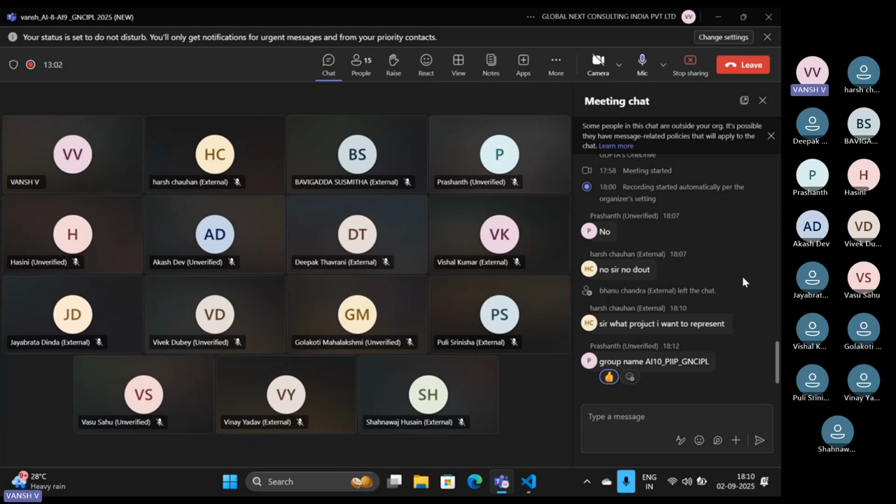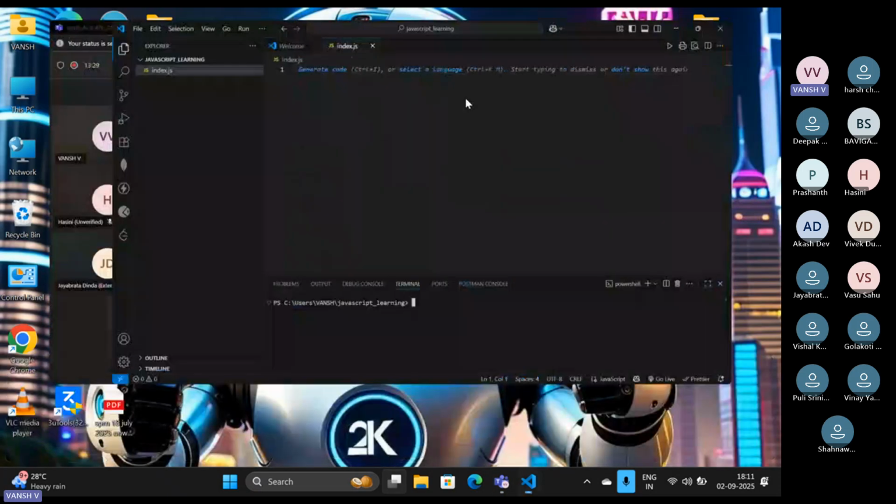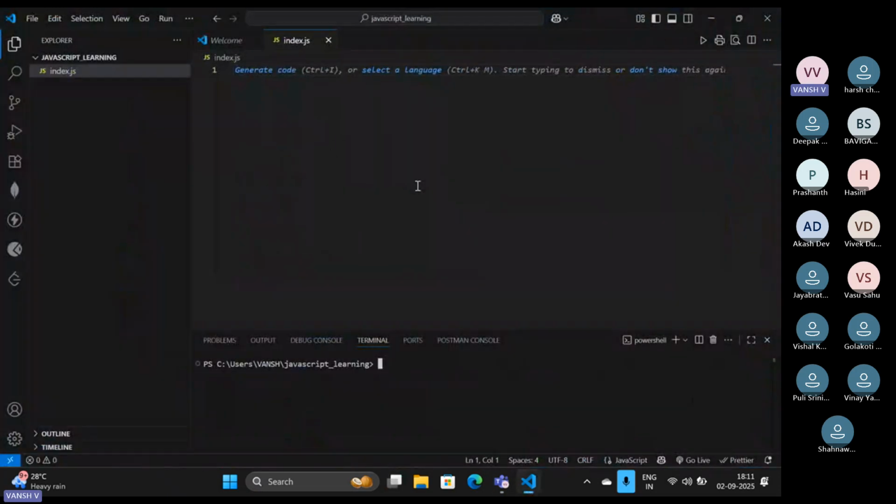Okay, so anyone who has not installed Node.js at their end, just give me an idea, guys, so that I can tell you how you are going to install it, and then we will start with our JavaScript. Okay, as I'm not getting any response from those students who have not installed it, I'm continuing with this. So first of all, now you have a theoretical idea that we use JavaScript for the dynamic